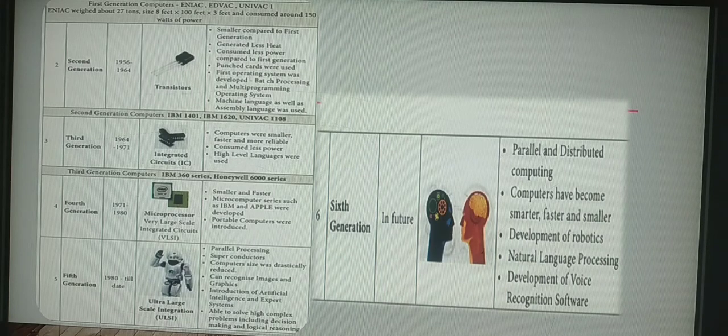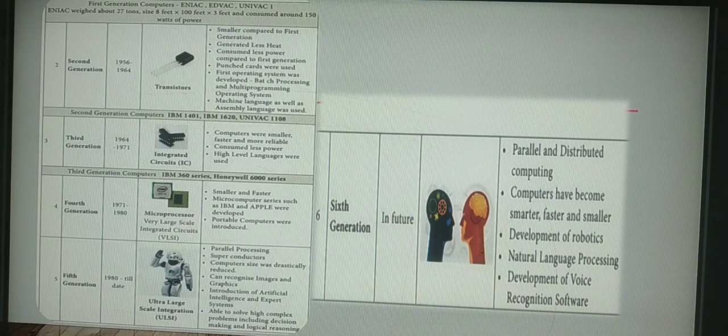That is, what are second generation computers? Yes, 3 will be given or 1 will be given, or a fill in the blanks like that will be given. You have to fill that in. So you must study that for your extra 1-word question. That is, your second generation computer examples are IBM 1401, IBM 1620, and the next one is UNIVAC 1108. Similarly, for third generation, there also you have some examples, that is IBM 360 series, Honeywell 6000 series. So these are some examples.